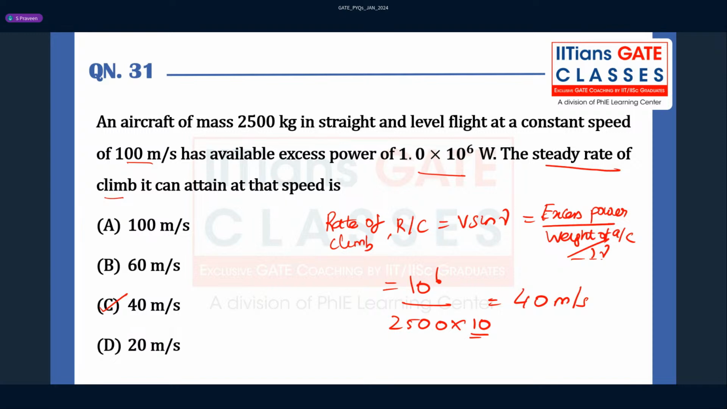If an exam asks it as an NAT type, please take G as 9.8. Okay, the exact value is 9.807, and you simplify that and put it in your NAT box. That's what you should be doing. Right, so let's go to the next question. If you have any doubts,